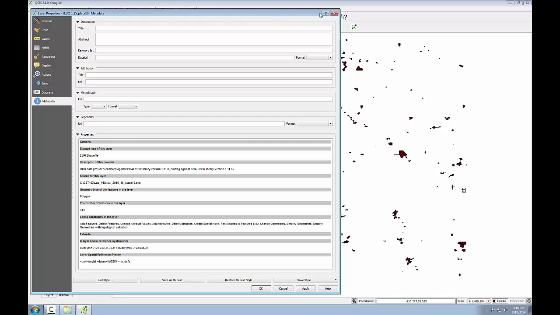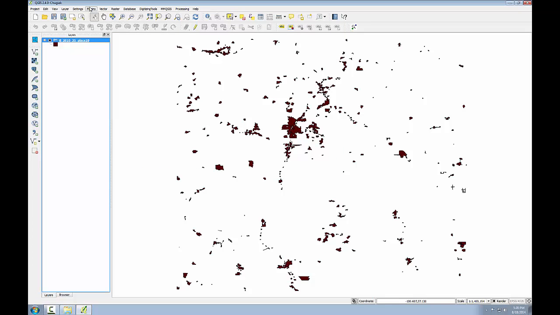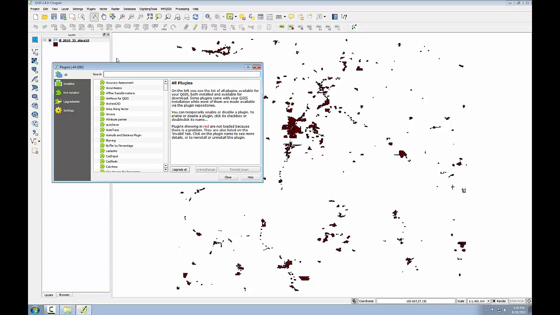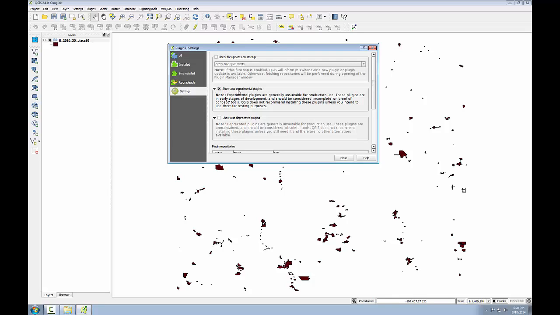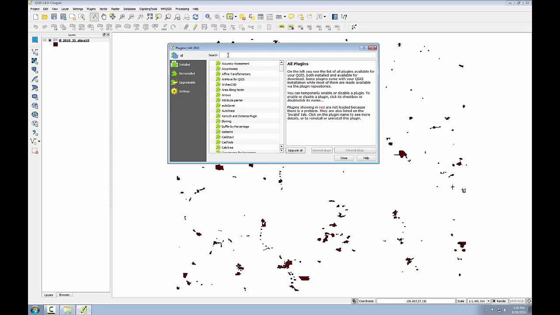So I'm going to close this layer properties. I'm going to go to Plugins, Manage and Install Plugins to open up the plugin manager. This is an experimental plugin at this point that we're going to be using. So I need to go to Settings and make sure that Show also experimental plugins is checked. And then I can go to the All tab and search for Meta. What we're looking for is this one called Meta Tools. If it's not installed, simply select it and hit Install Plugin. Here it's already installed, so I'm just going to enable it by checking the box